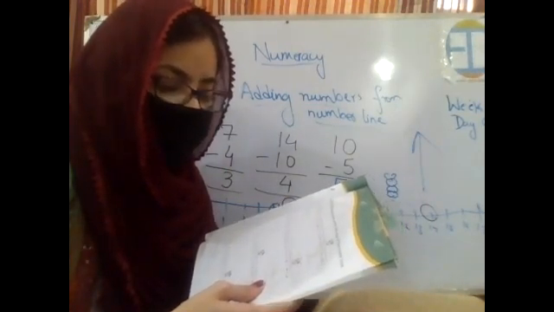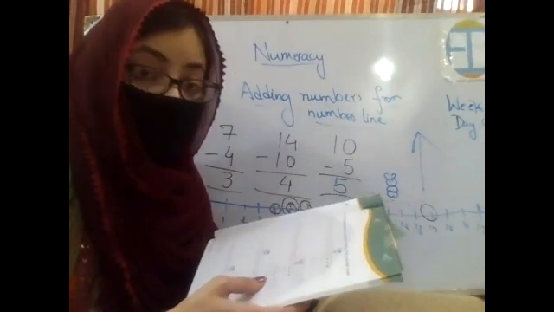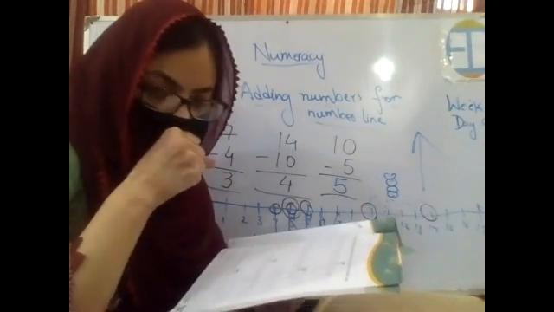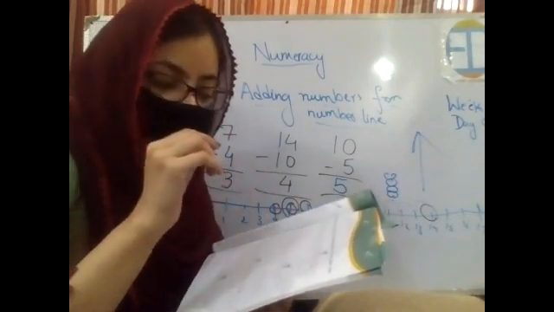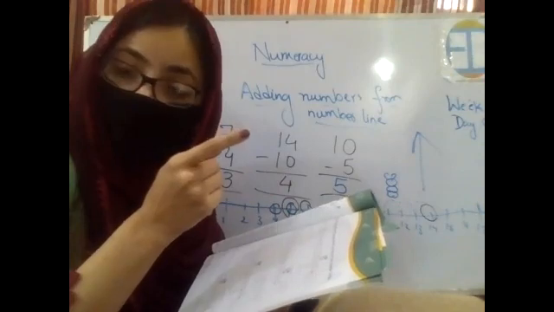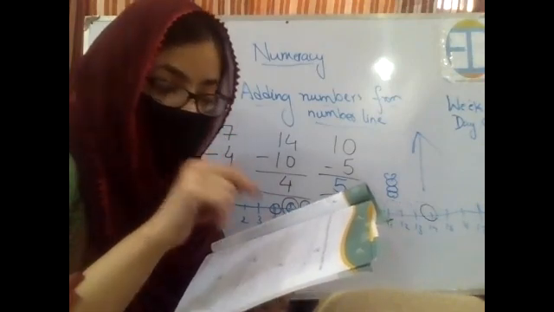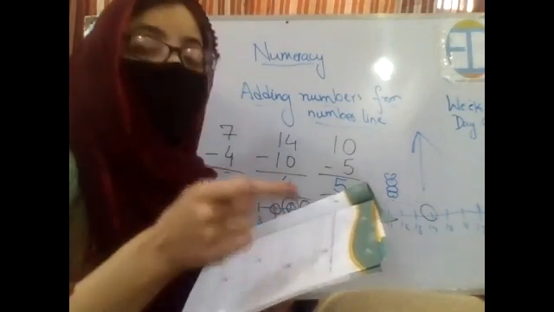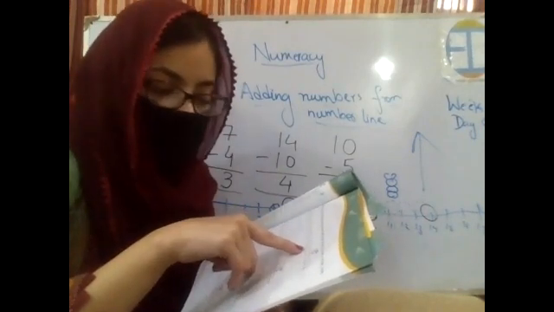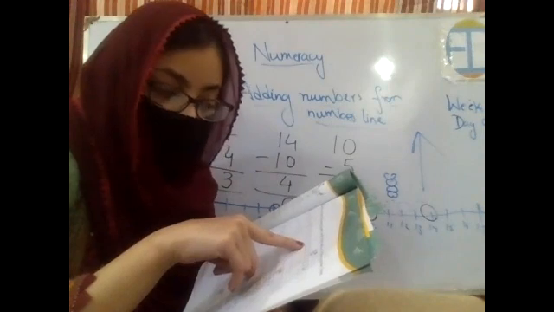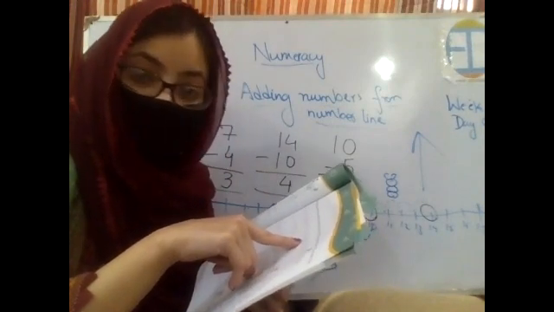At first, bunny starts at number 16 and ends at number 9. There is a huge difference between 16 and 9, right? So in order to find the difference between these two numbers, you will count the numbers which come in between 16 and 9. Got it? So 15, 14, 13, 12, 11, 10, and then 9.